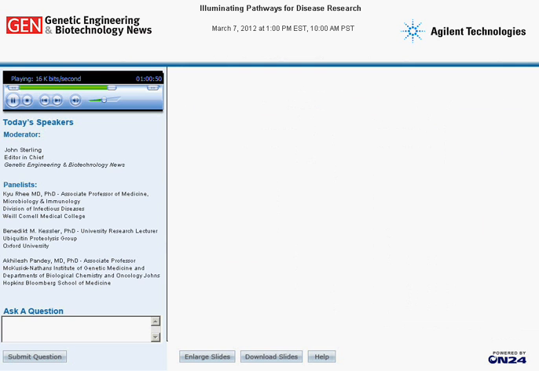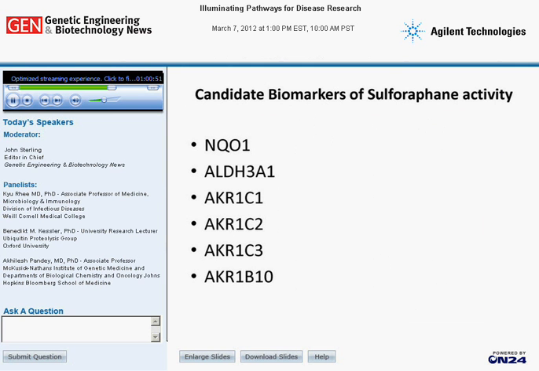The next slide summarizes some of the candidate biomarkers of sulforaphane activity that we identified from our series of experiments. The next slide